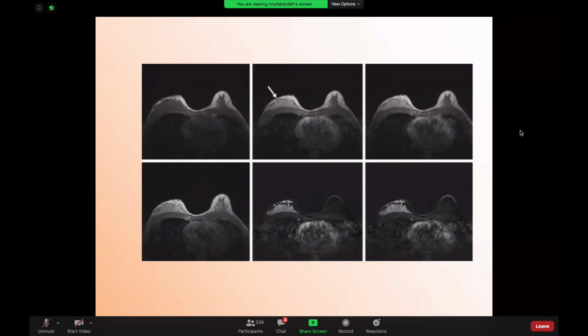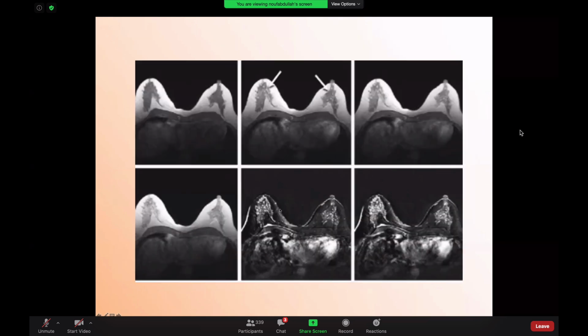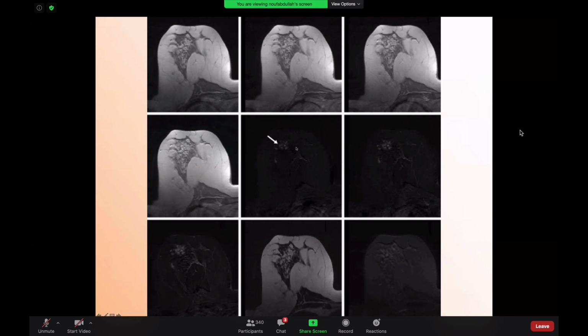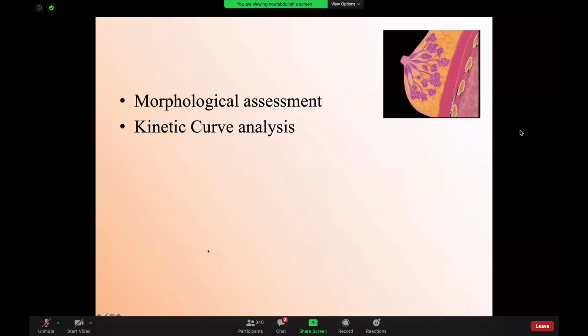When you look here, for example, you see the right and the left breast, and there is diffuse asymmetric enhancement in this breast. The other breast is not enhancing. This is very suspicious for diffuse infiltrative breast cancer. You look here, there is diffuse bilateral symmetrical enhancement. This is benign, nothing to worry. Stippled, when you see multiple areas of punctate enhancement similar to this, looks like a bunch of grapes, this is suspicious for ductal carcinoma in situ. You have to biopsy this area.